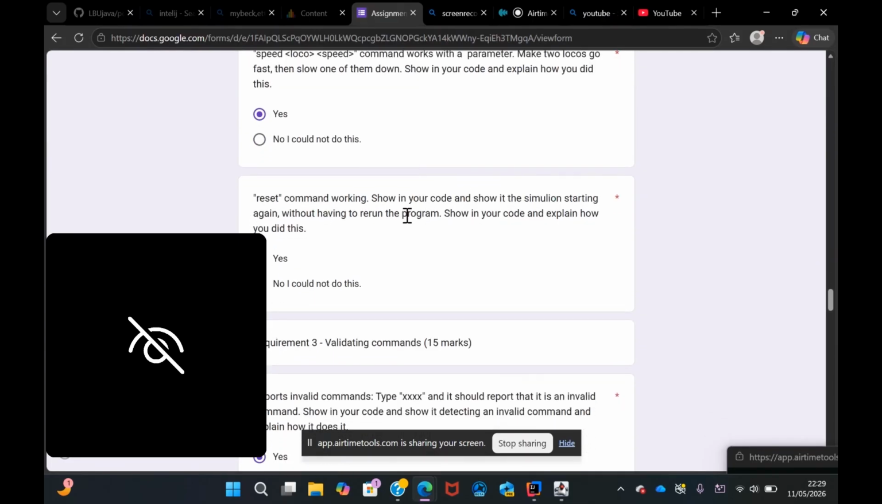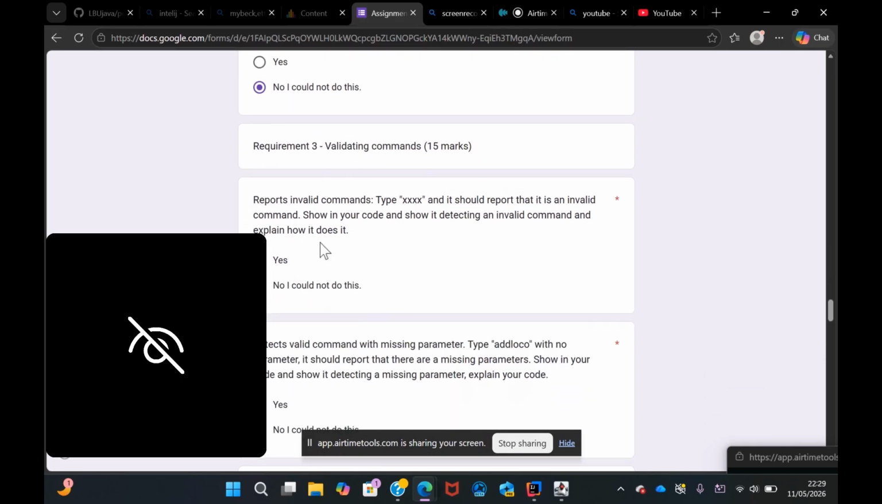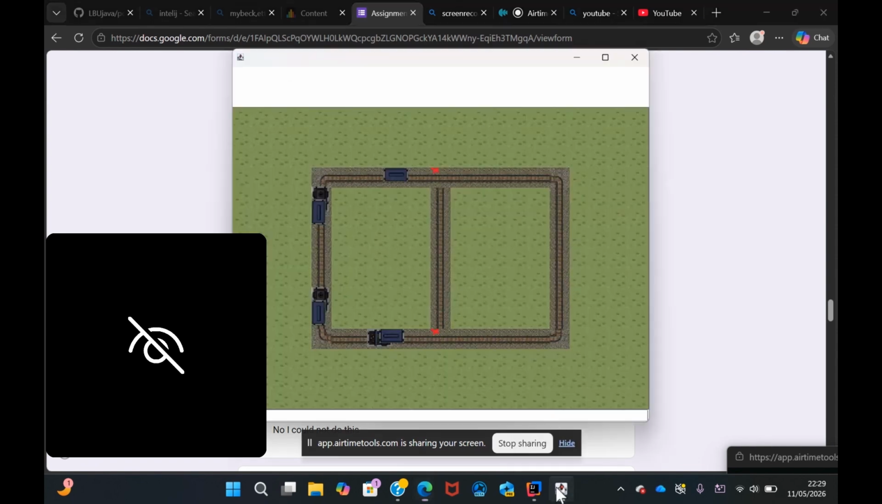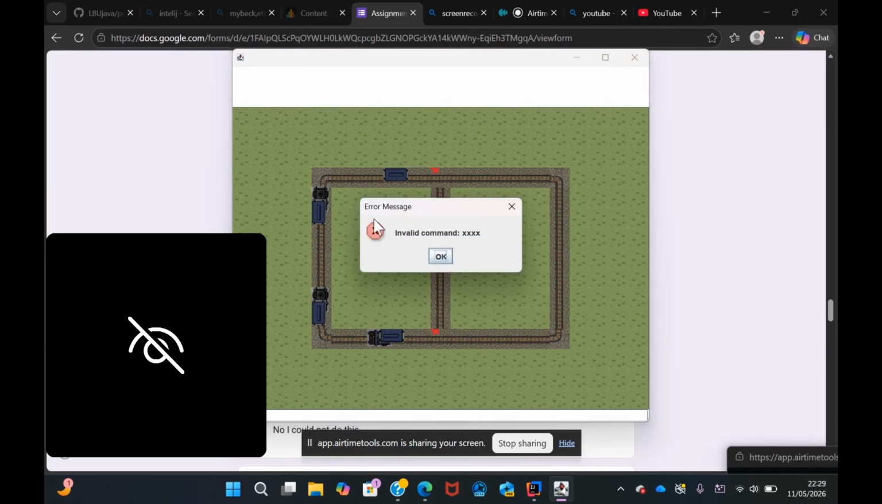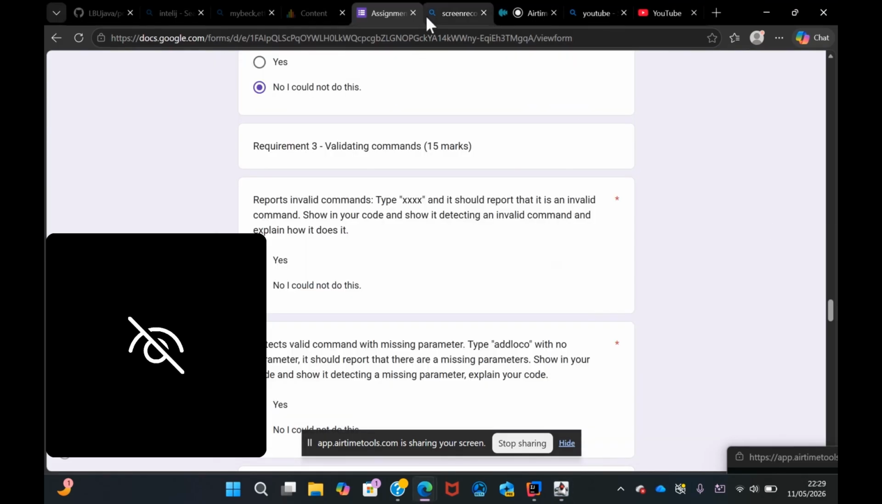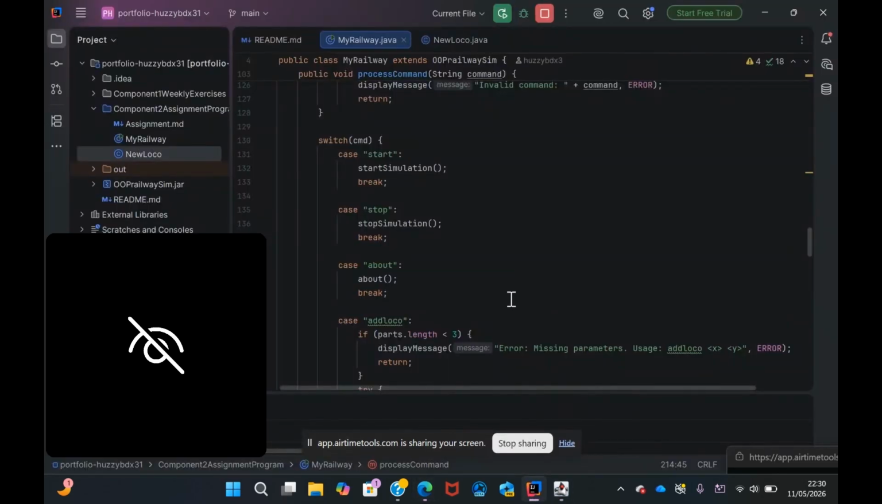And we tried doing the reset command, but unfortunately it didn't work for us, so therefore our answer is no. Anyways, going back to requirement 3, validating commands. It reports invalid commands. Type xxx and it shows a report that it is an invalid command, showing in your code that it is detecting an invalid command, and explain it. So if we type in anything random, xxxx, it shows an invalid command error message pop up: invalid command xxxx. And going back to our IntelliJ,